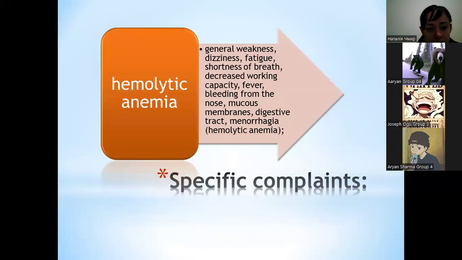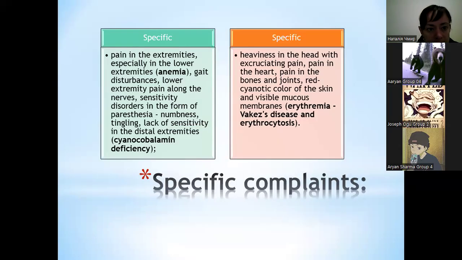Specific complaints of hemolytic anemia are general weakness, dizziness, fatigue, shortness of breath, decreased working capacity, fever, bleeding from the nose, mucous membranes, digestive tract, and menorrhagia. Specific complaints are the following also: pain in the extremities, especially in the lower extremities, can usually be caused by anemia. Gait disturbances, lower extremity pain along the nerves, sensitivity disorders in the form of paresthesia, numbness, tingling, lack of sensitivity in the distal extremities,